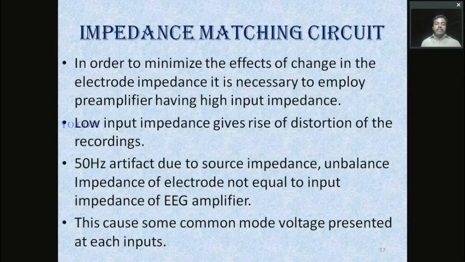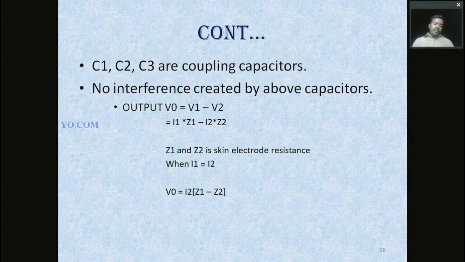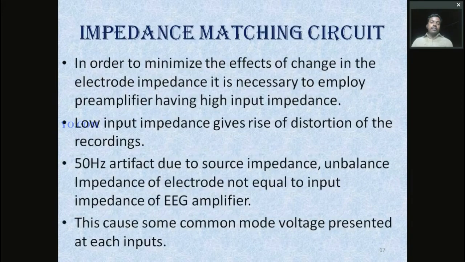Next we are going to see the impedance matching circuit. Up to this point we have studied the differential amplifier. What is impedance matching? There is a simple logic. Consider a water tap tube. One tube has a higher radius: one tube has a 3 centimeter radius and another tube has a 2 centimeter radius.